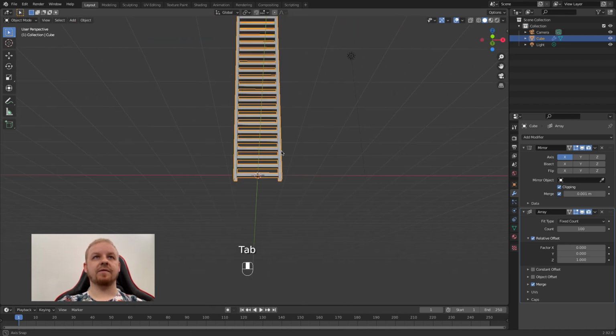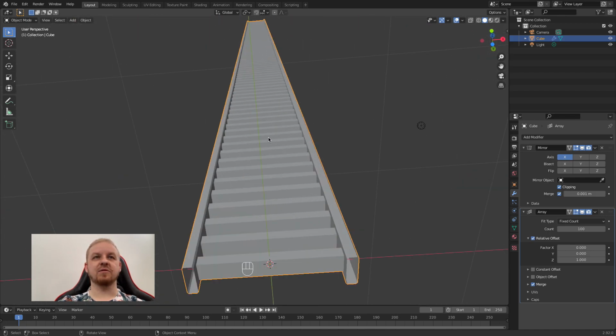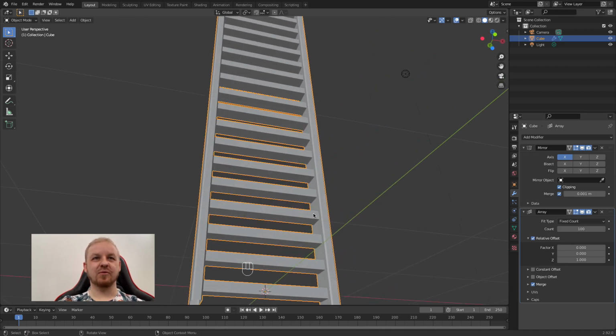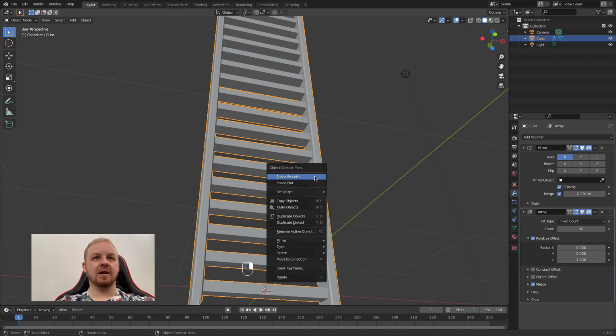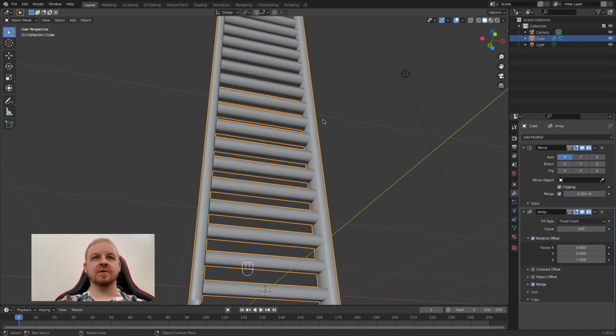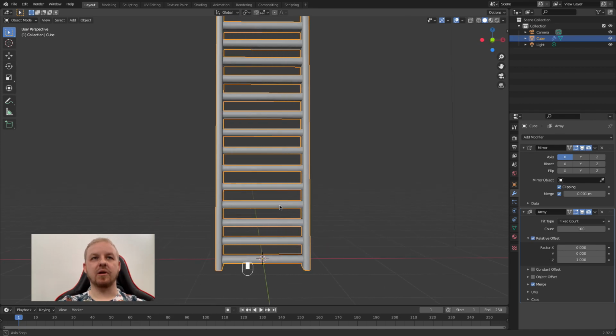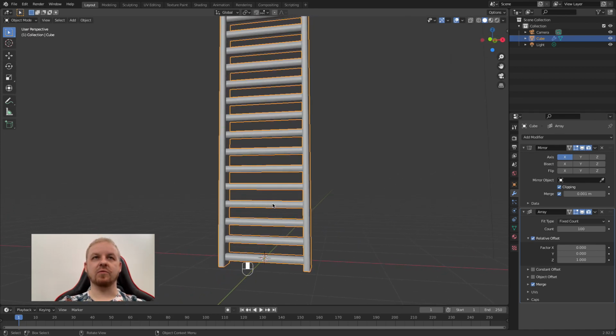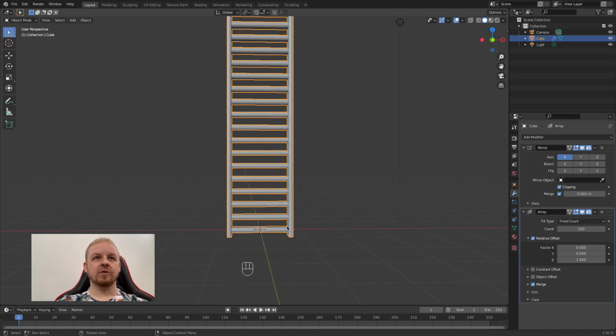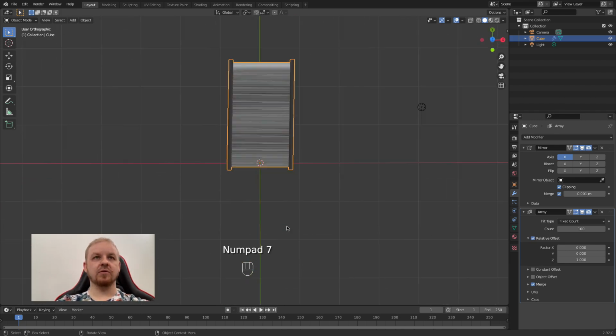Nice. So we have this, it's looking more like a ladder than DNA for now, but don't worry, let's make it smooth. So right click and make it smooth. It's still quite blocky because we need to add more resolution to that, but don't worry. What we'll do now is go to